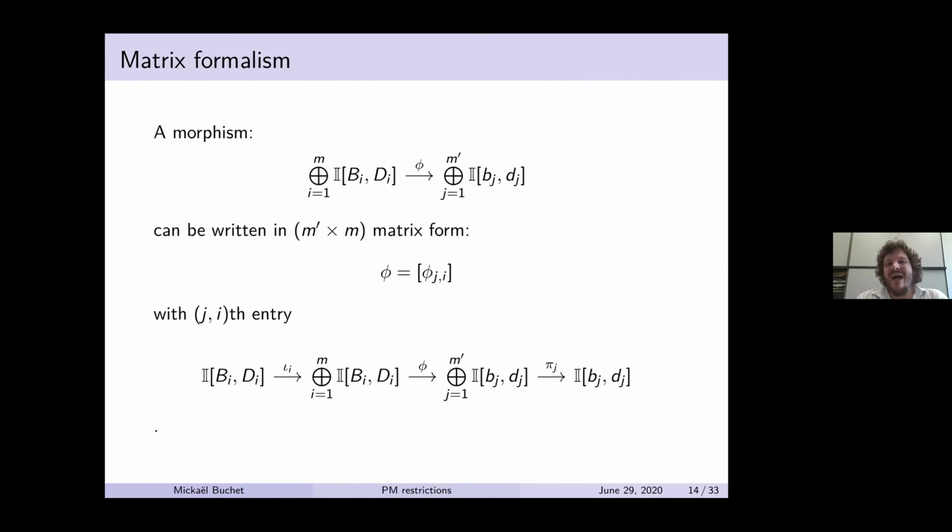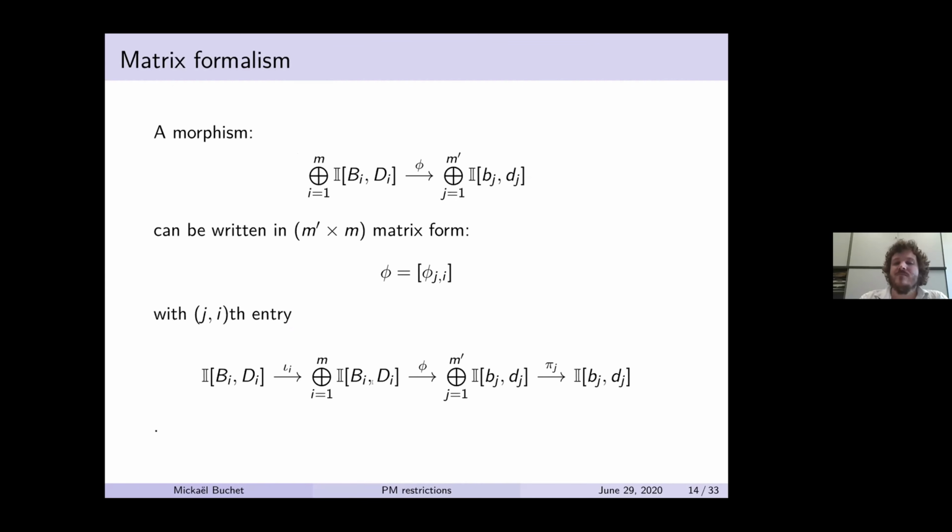That allows us to use what we call the matrix formalism, which means that when we look at a 1D persistence module, and we take its decomposition into intervals, and we look at a second 1D persistence module that we also look at its decomposition into intervals, we can write any map phi that goes from one to the other. This morphism, we can write it as a matrix, which is